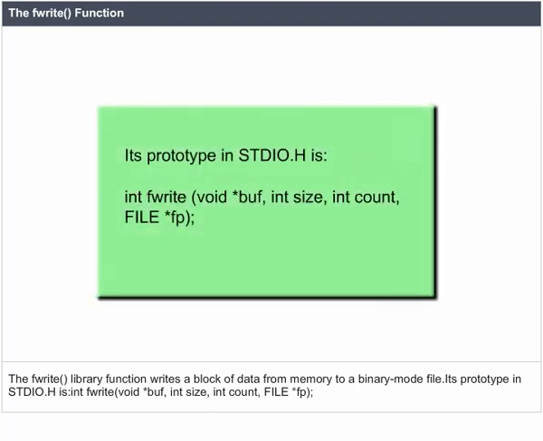The fwrite library function writes a block of data from memory to a binary mode file. Its prototype in stdio.h is int fwrite(void *buf, int size, int count, FILE *fp);